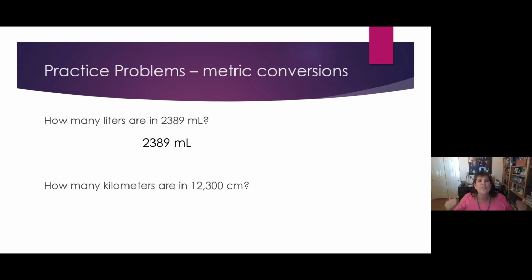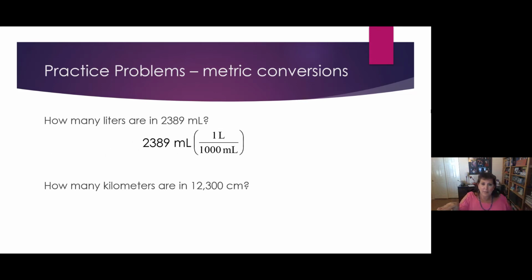1,000. There's 1,000 milliliters per liter. Per means divided by. 1,000 milliliters per liter, or a liter per 1,000 milliliters. So we're going to set up a fraction next. It's called a conversion factor. What we start with needs to be on the bottom. So the 1,000 milliliters is on the bottom, the 1 liter is on top. And it looks like that.